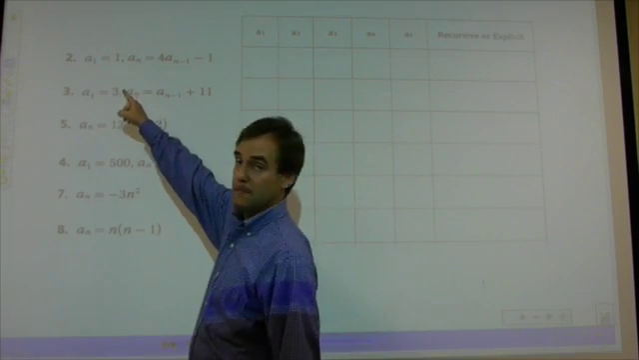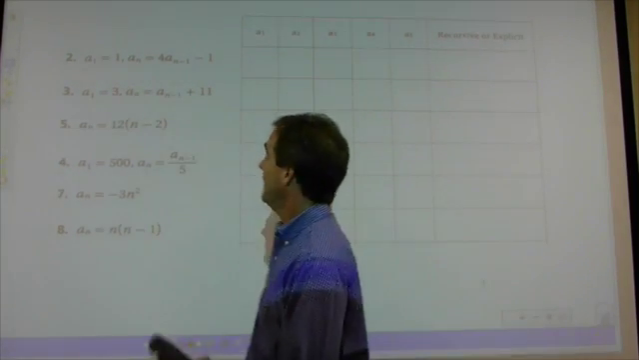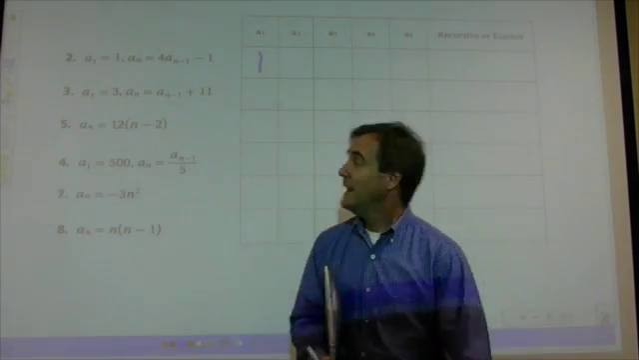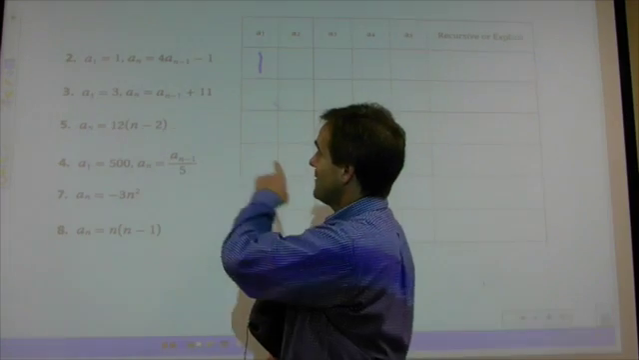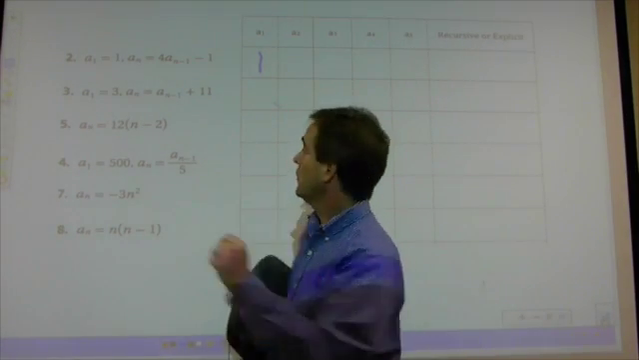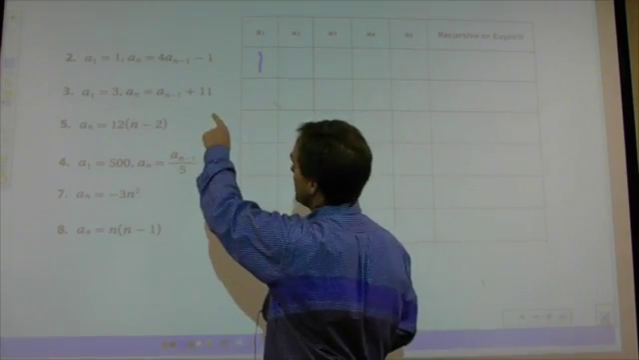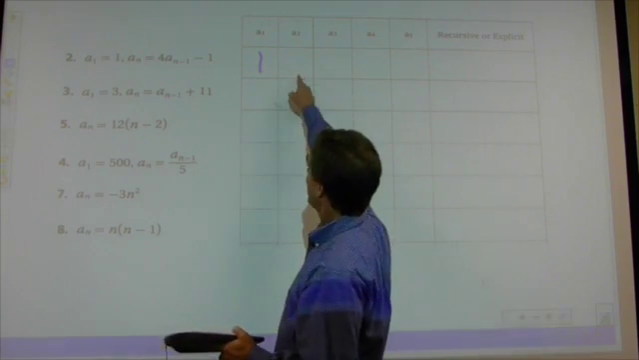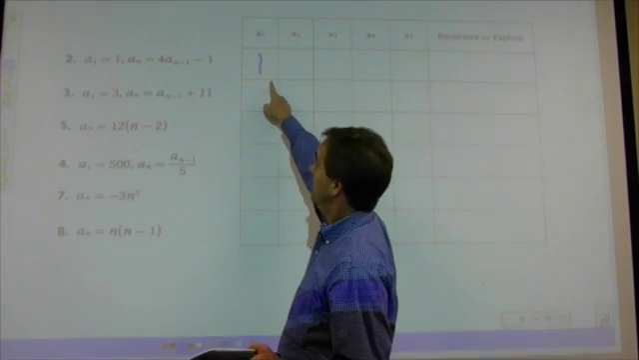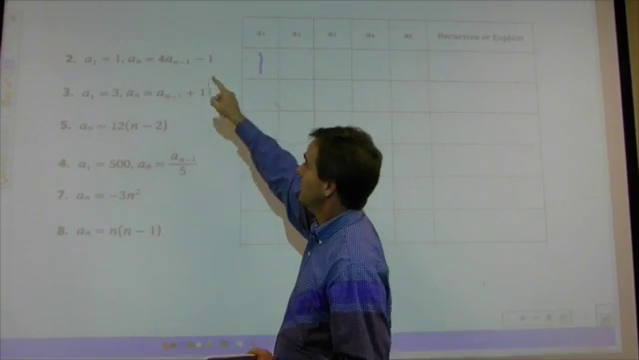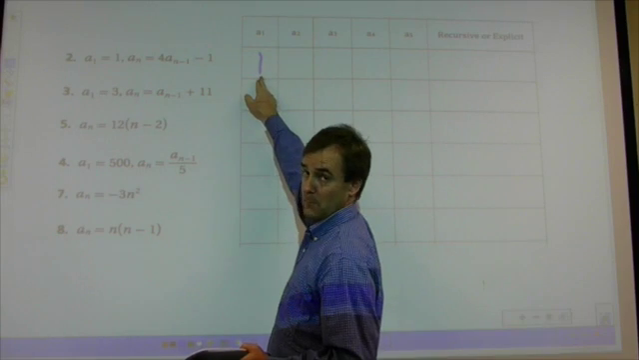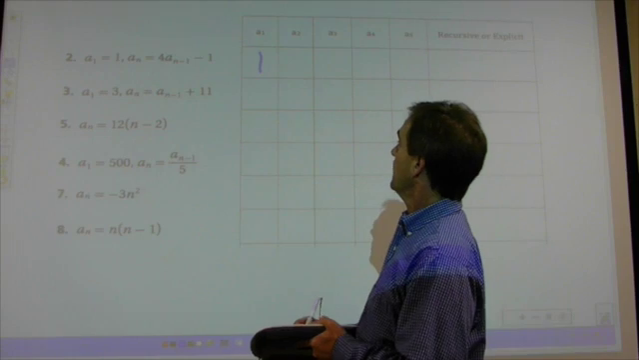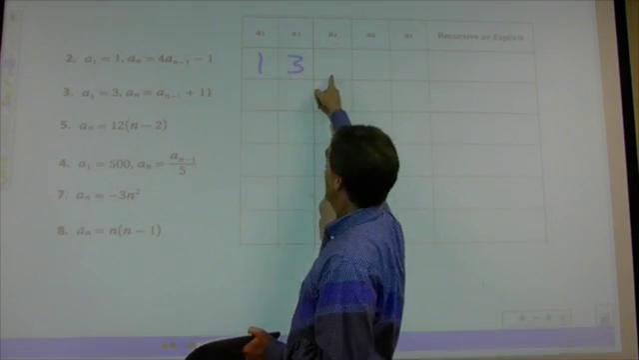It says right there that a sub 1 is 1. That means the first term is 1. That was not hard. Now what it says after that is that a sub n, any specific term, is 4 times the previous term minus 1. If I want to know the second term, the previous term was 1. So according to that description, 4 times the previous term, which would make 4, minus 1 would tell me the next term. It's 3. The next term, a sub 3,